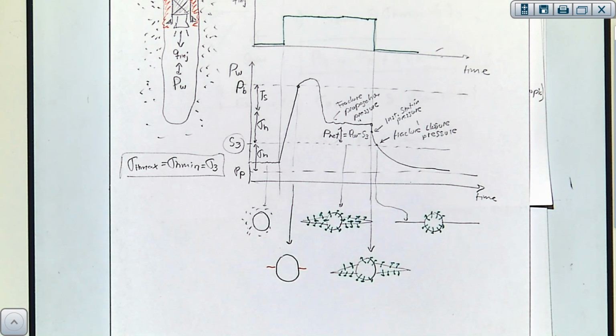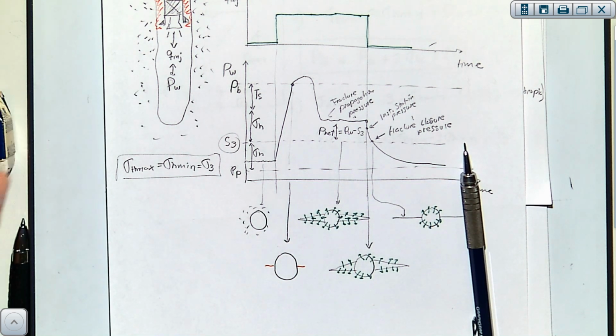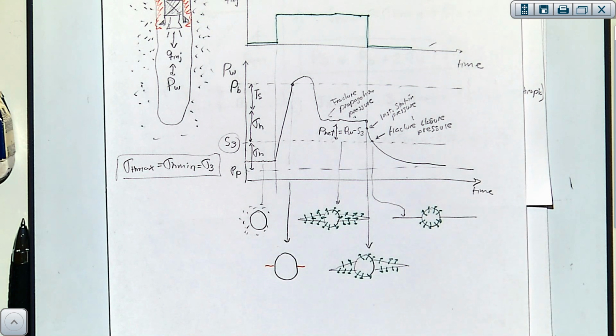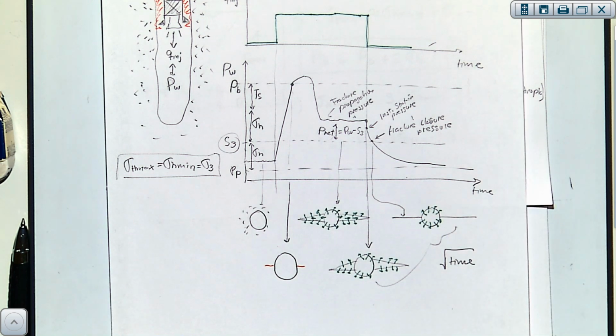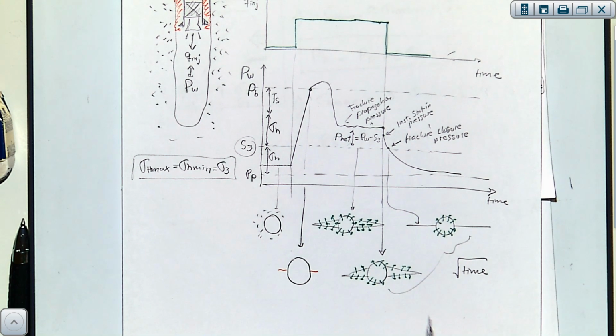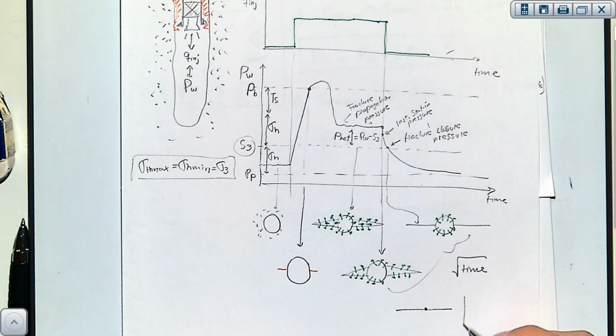There are methods in order to pick this fracture closure pressure. I encourage you to go to my notes online if you want to see that. Basically, what you use here is the square root of time method in order to see where this point is. And when there is a change from linear fluid flow, assuming that the fracture is a line and there is leak off from this entire line, and when that changes to just a point source,